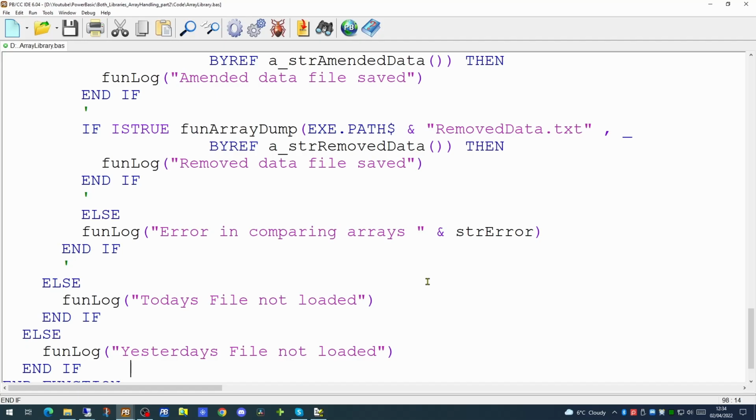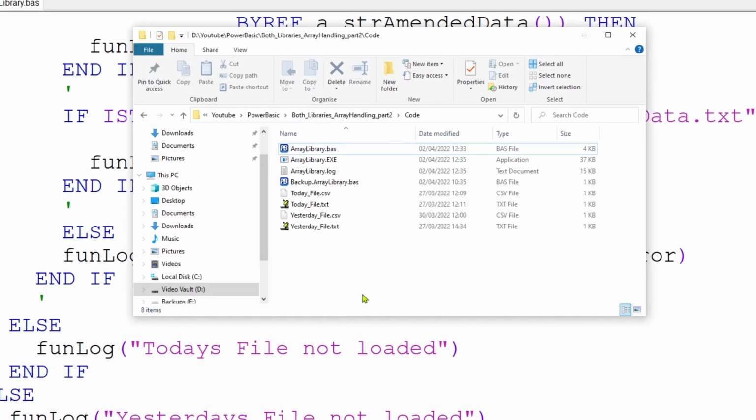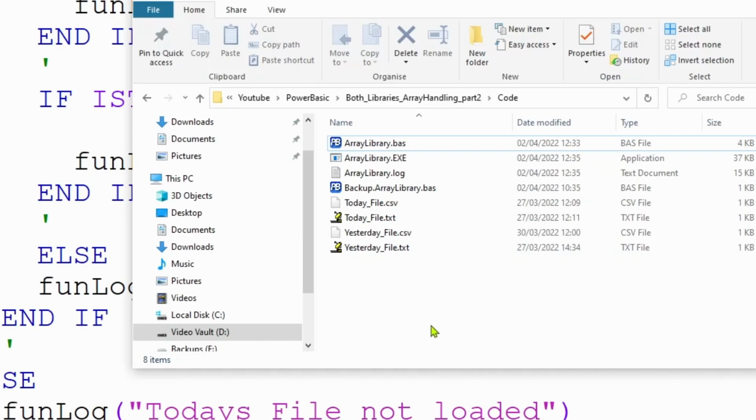This will load both the yesterday and today text files into respective arrays, and then compare them and produce three output arrays. One to report on the data that's been added, one to report on the data that's been amended, and one to report on the data that has been removed. So if we compile our application now and have a look at our folder structure. So here is our folder structure. We're going to be loading the today file.txt and the yesterday file.txt. So if we run the application now,